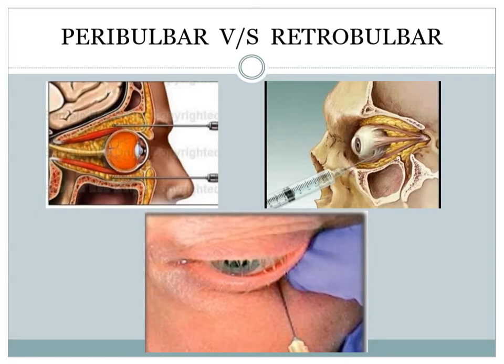So where or how is the peribulbar block given? You look at the bottom picture. At the junction of the medial two-thirds and lateral one-third, the anesthetic agent is injected into the peribulbar space in the lower lid, just by pulling the lower lid. So this is how peribulbar block is given.